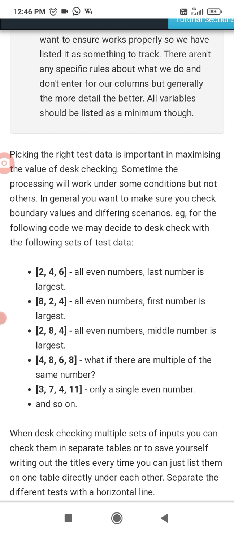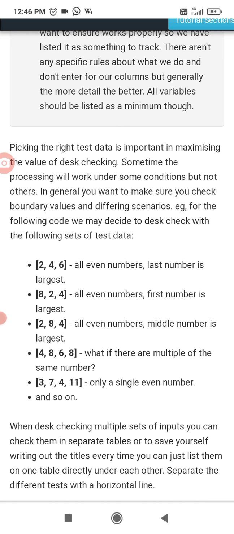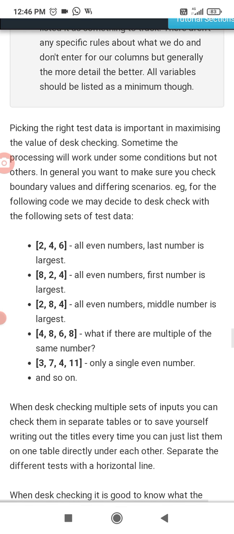2, 4, 6, 8. What if there are multiples of the same number? Multiples, look, 4, 4, 4, 4, or 2, 2, 8, 8. Clear? If there are multiples of the same number, what is the multiple? 2, 2 is a multiple of 4, right?